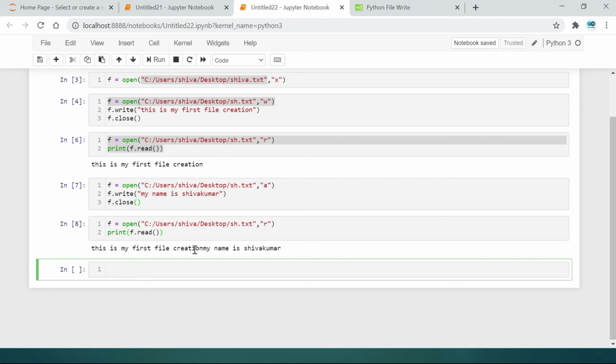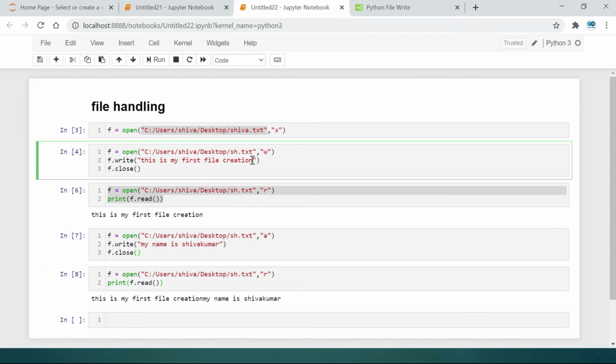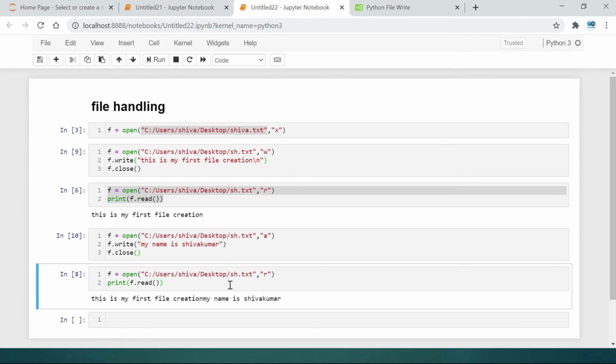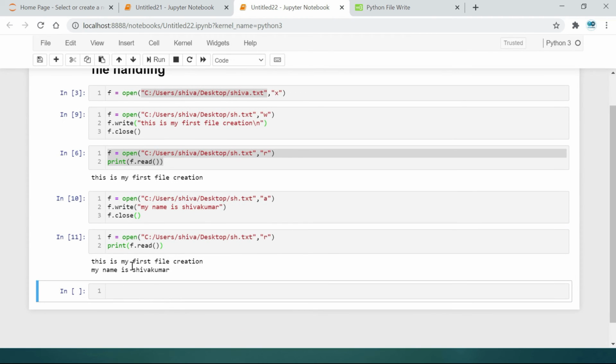This file is my first creation, and we need to give a particular value downwards by using \n. Here we need to run it, and here also run it, and here also run it. This is the one. This is my first file creation, and my name is Shivakumar.